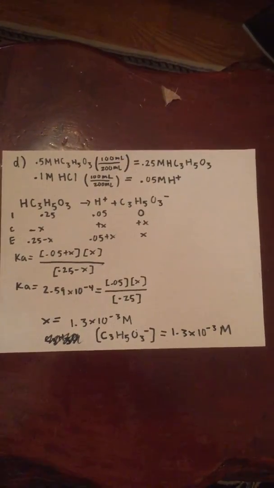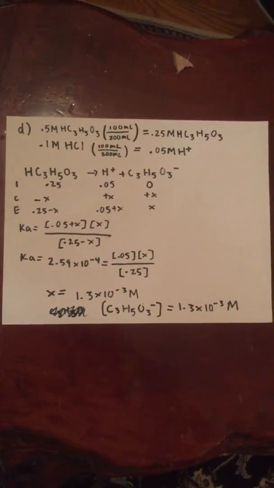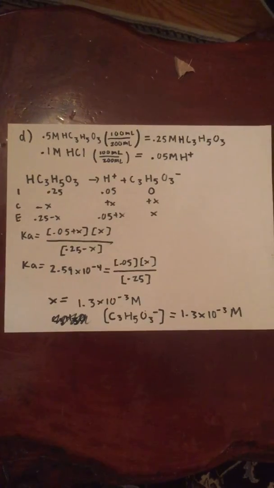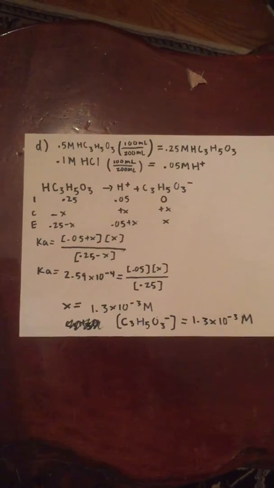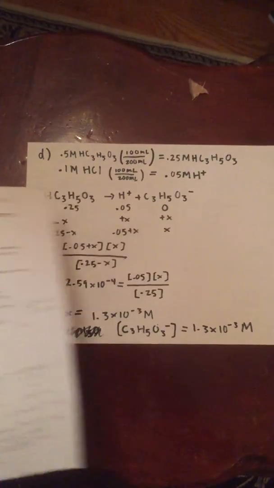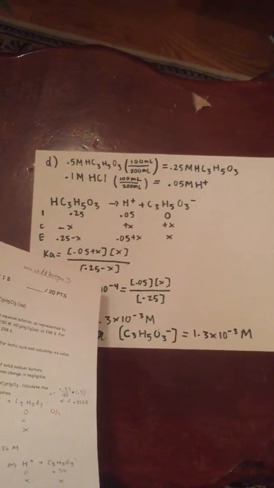And then you do 0.1 molarity times 0.5, which is 0.05 molarity of H plus. And then you do your standard ICE box again, and you know now that your initial concentration of HC3H5O3 is 0.25 molarity, and your initial concentration of H plus is 0.05, and as of right now, you have 0 of the C3H5O3 minus. So then you're going to do the standard minus X, plus X, plus X, and then products over reactants, which is going to be 0.05 plus X times X over 0.25 minus X. So your Ka is going to be equal to 2.59 times 10 to the negative 4, which is